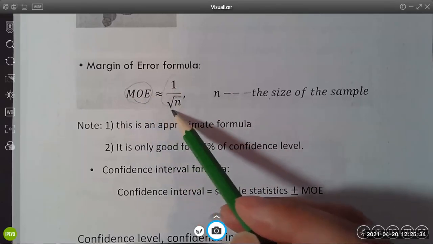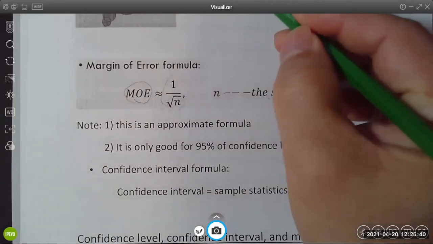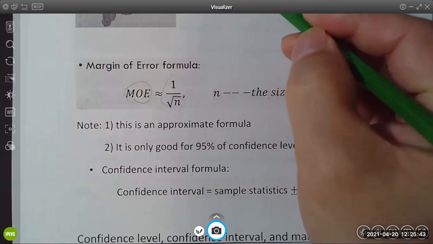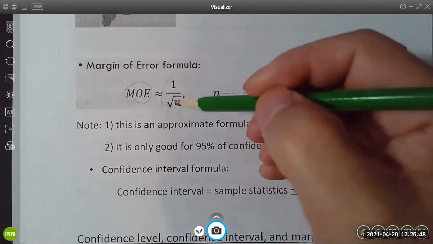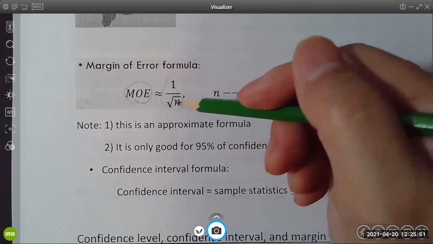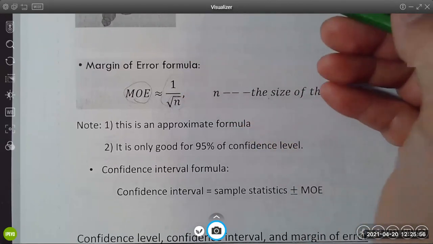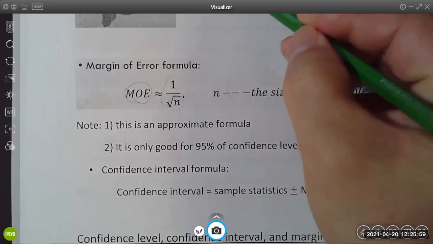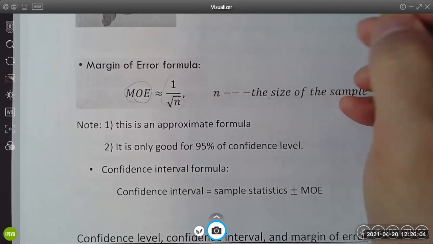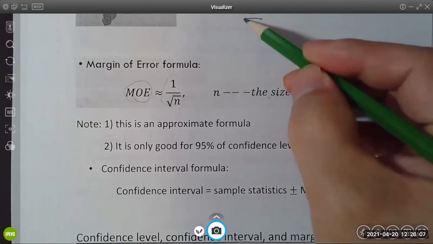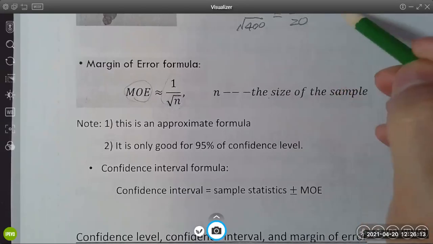We just explained that. Now let's look at some numbers to see why this makes sense. I use some special numbers so that we can calculate this easily without a calculator. Other than that, any number will do, okay? As long as you have a whole number, because the sample size has to be a whole number. Say this is 4. The square root of 4 is 2, right? So you get 0.5. That's your margin of error. Now let's increase that to 400. The square root of 400 is 20. So 1 over 20,